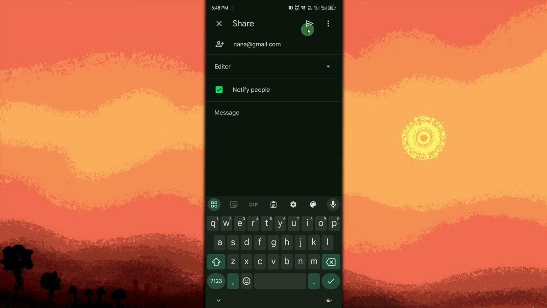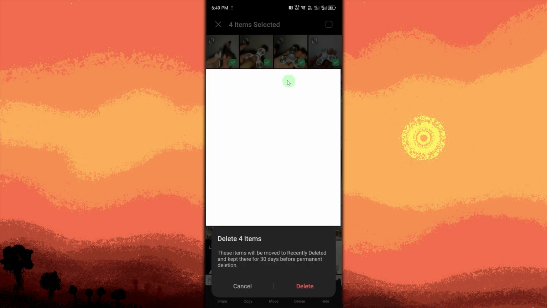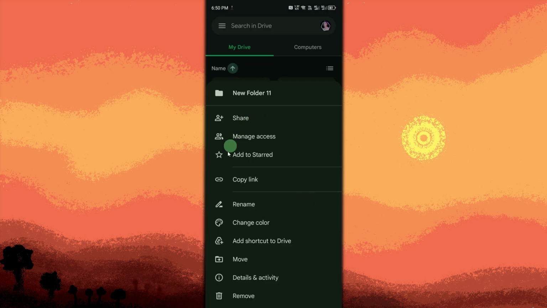After uploading, you can delete photos from your phone to save storage. Organize and manage photos regularly. Rename, move, or remove photos in Google Drive to keep them